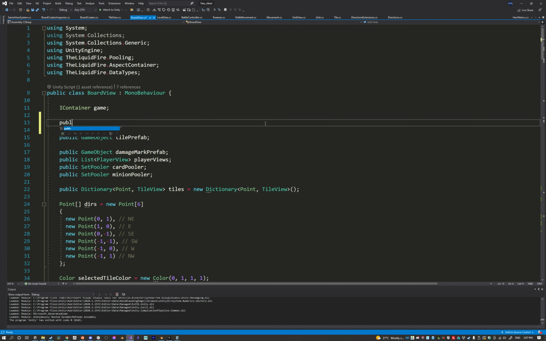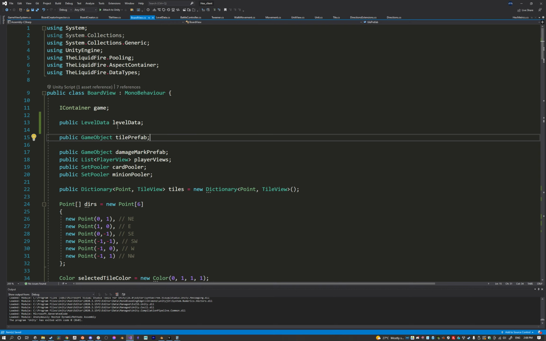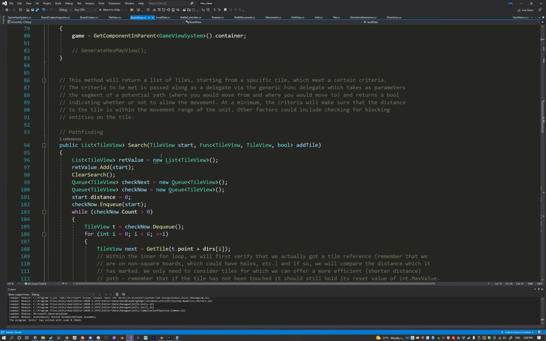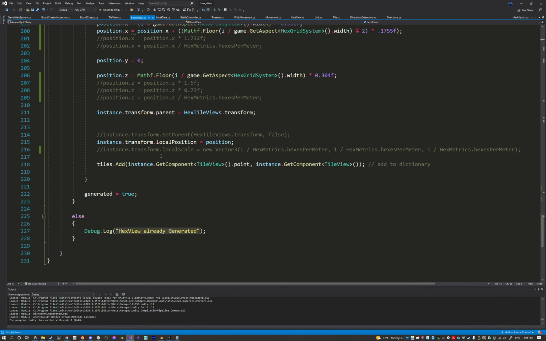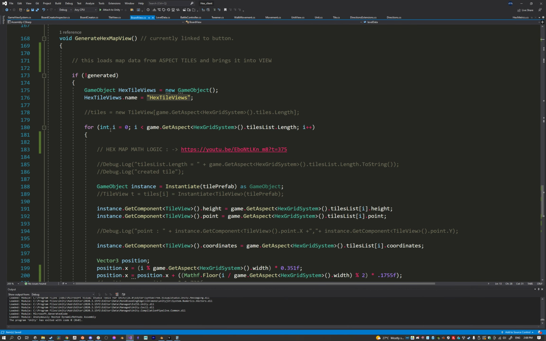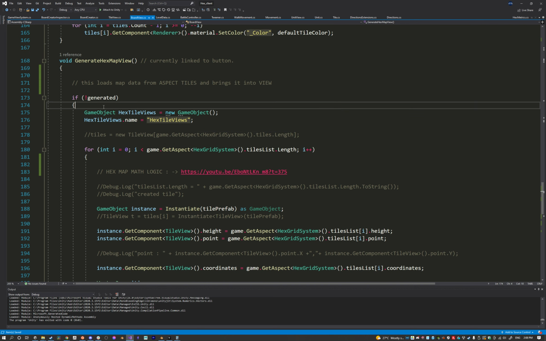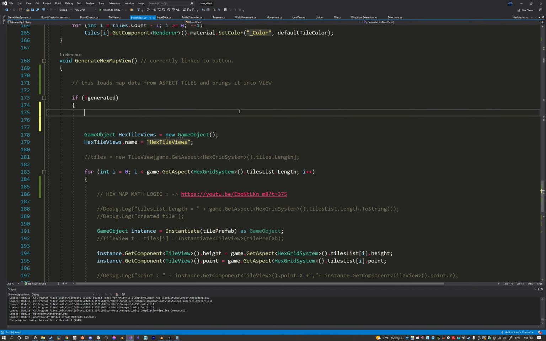And we'll make that public so I could just drag and drop it. And it's called level data. Right? And with level data, hex tile views equals new game hex tile. Okay, well, I don't know if I'm going to keep this there or I'm just checking my stuff. But what I could do is I could just do